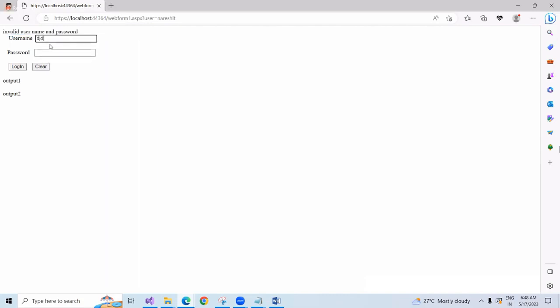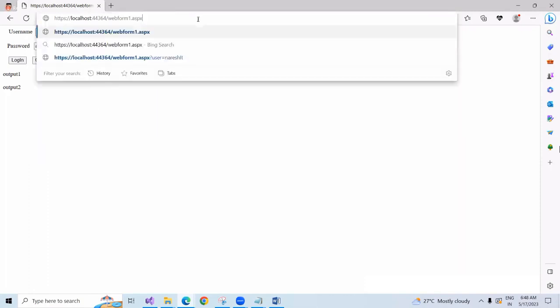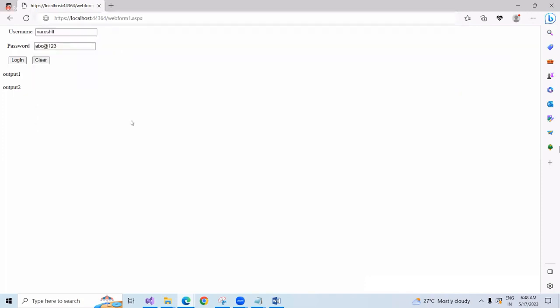And I will enter something here. I will enter something else here. Click on clear. What will happen? So this text box is cleared. Okay. So if I enter valid NareshIT and password ABC at the rate 123, now click on login. So initially the URL is something else and now that will change. So initially the URL is like this, and when you click on login,